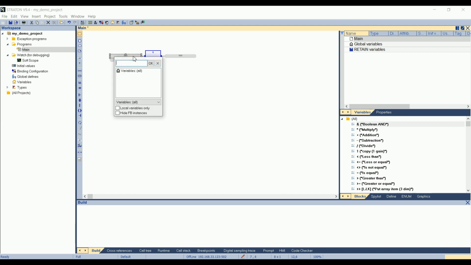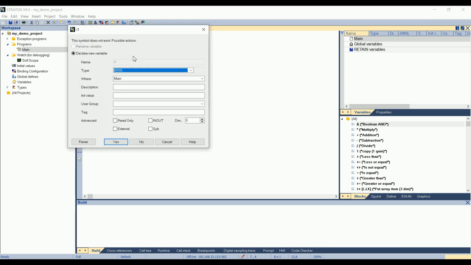Double-click on the variable, choose a name for it, and then press Enter. Then a new pop-up opens for the declaration of this variable. Select its type and where it has to be declared. In FBD language, Straton recognizes the expected type of the block variables, and so the type here is correct.